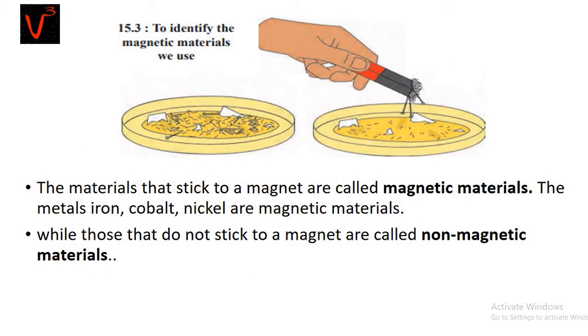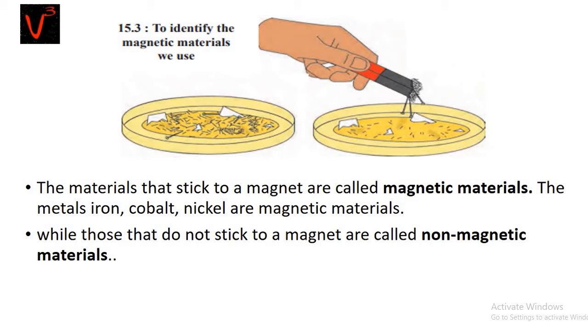So let us understand how we are going to identify which are magnetic materials and which are not. To do that, let's do a simple activity. Take a mixture of sand, pieces of paper, sawdust, iron filings and pins in a saucer as shown in the image. Now take a magnet and pass it around the mixture. What do you see there? You see that the iron filings and nails get attracted to the magnet, as shown in the image. Try this at your home.